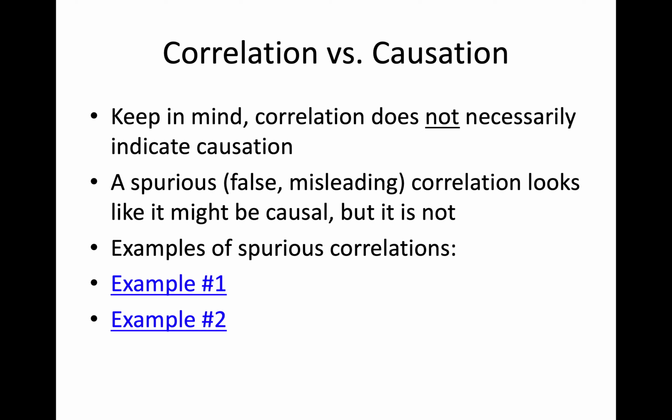The issue there, and this isn't always the case with spurious correlations, but in this particular example, the ice cream murder rates one, what's going on is that there's a third variable that's causing the changes in the ice cream consumption and in the murder rates, and that third variable is temperature. That as temperatures go up, people eat more ice cream, like in the summer, and then as temperatures go up, also murder rates